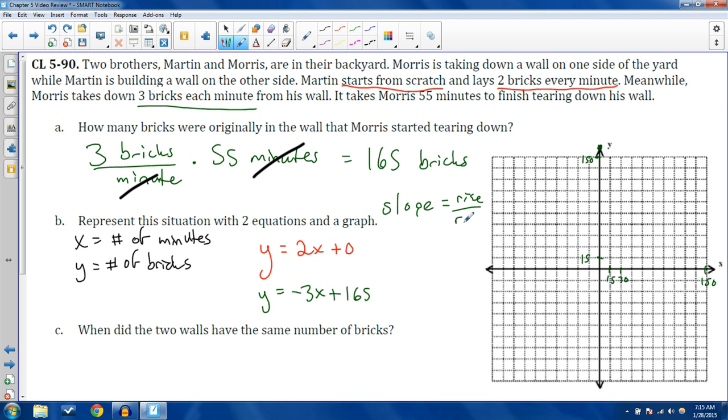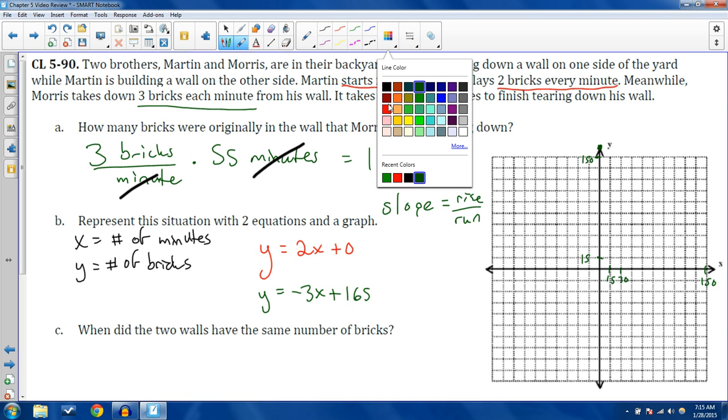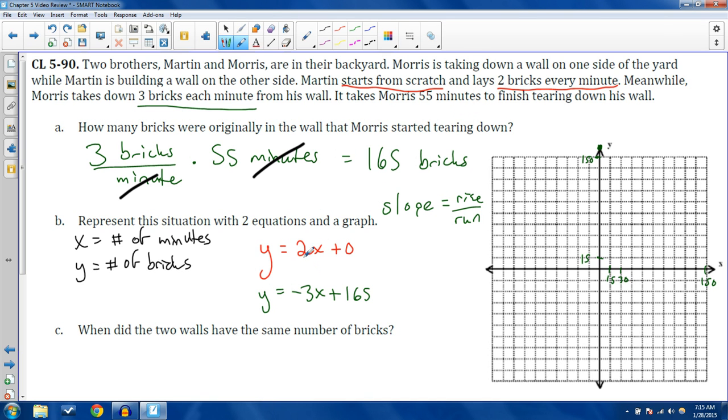As long as I can equate these things as the same amounts each time, every time I go up 1 here, or 15 here is going over 15 here, then I can use these slopes to graph these as well. I don't have to do tables. So for instance, for my red guy right here, I'll go and do him first. I start at 0 right here, and every single time